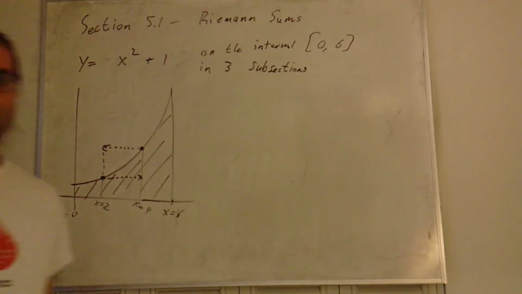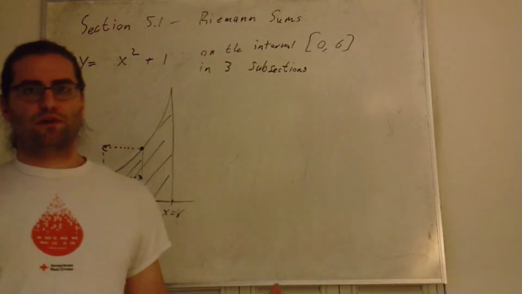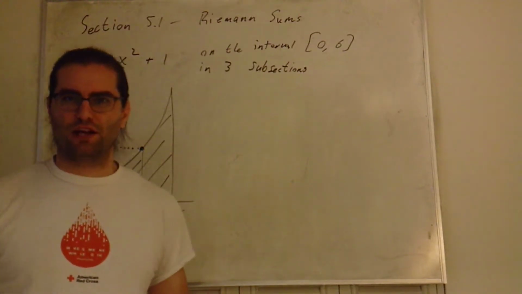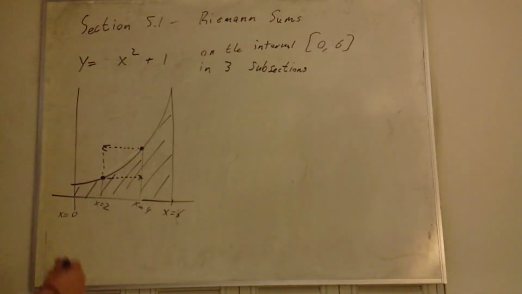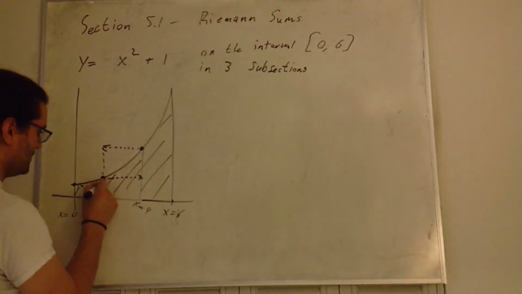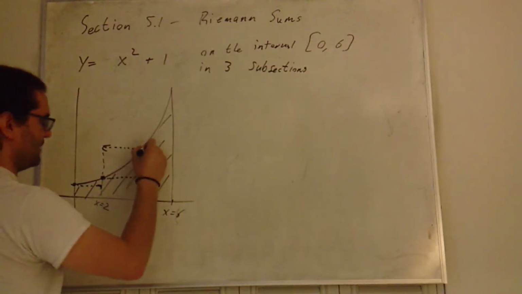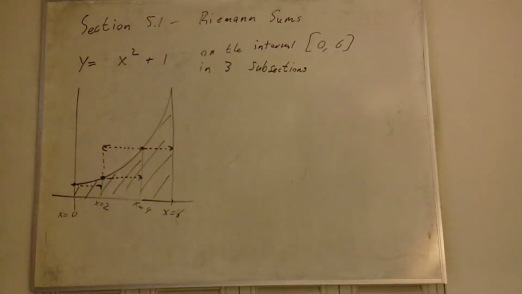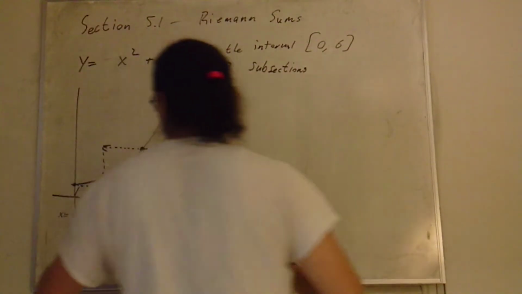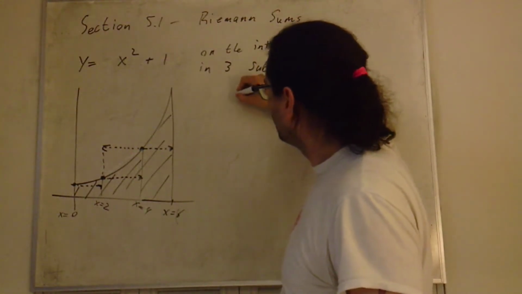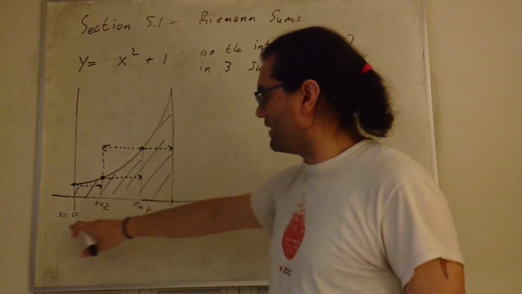More often, we're going to do the right and the left separately, and then compare the answers to get an approximate range of where this thing might be. So I'm going to start with using left endpoints to get these three rectangles. If I'm using left endpoints, then